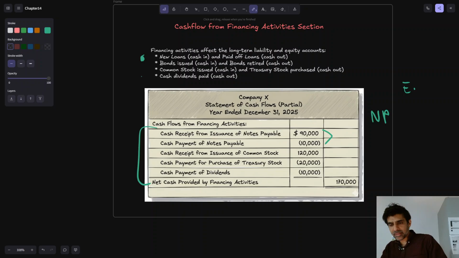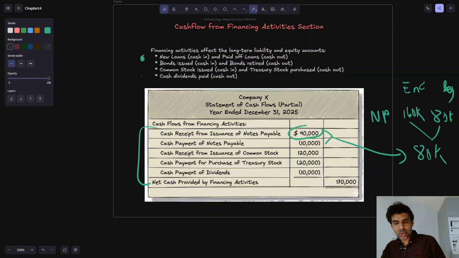Maybe your ending balance on your balance sheet and beginning, the net is going to be an 80,000 difference. So maybe you started with 80K and you had 160K, right? The net is 80,000, but as you can see here, it's broken out